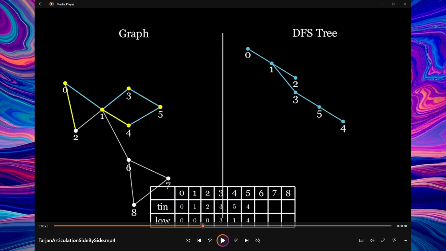What we're trying to find is those nodes that separate two parts of the graph, right? So we have that kind of shape right here, connecting these two parts of the graph. So when we do our DFS, we need to, for any node that is along the DFS tree, so we